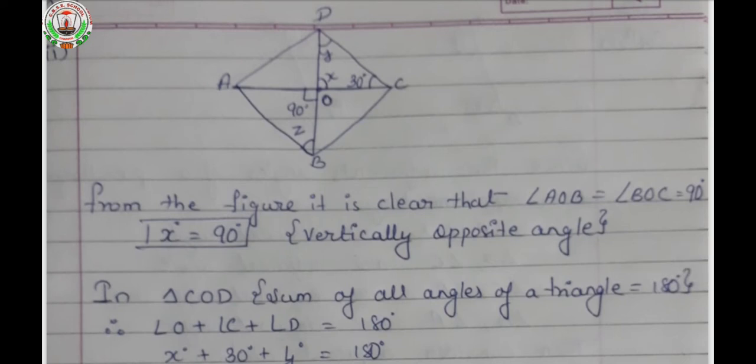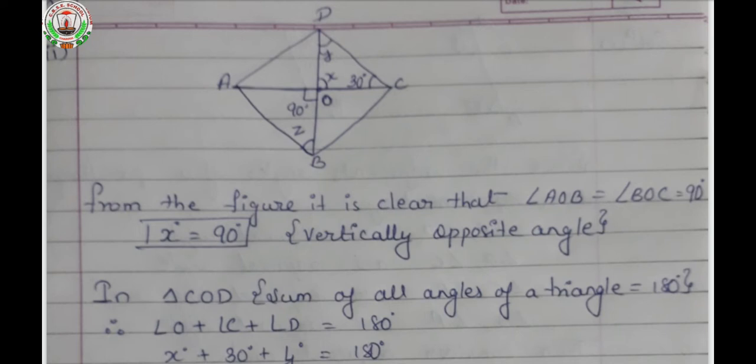Now, the third part of question number 2. Here again a parallelogram is given and the diagonals are intersecting each other. When the diagonals intersect each other, small triangles are made, isn't it? So can you see where the diagonals intersect? Where the two diagonals intersect, that point is considered as O. While seeing the figure, we can see that one of the angles is 90 degrees. That is angle AOB, isn't it?